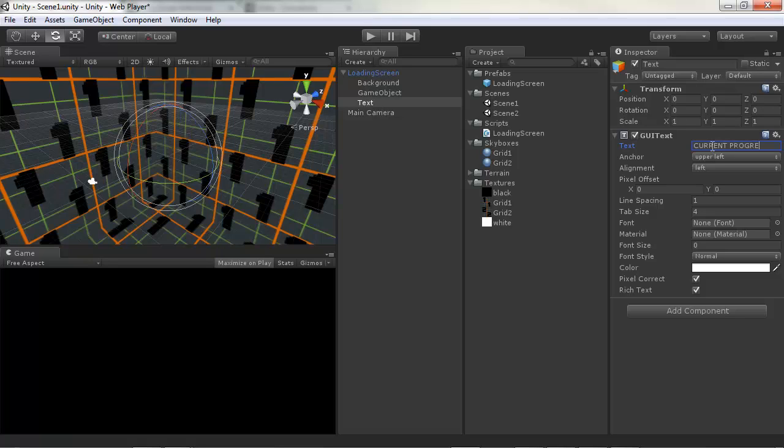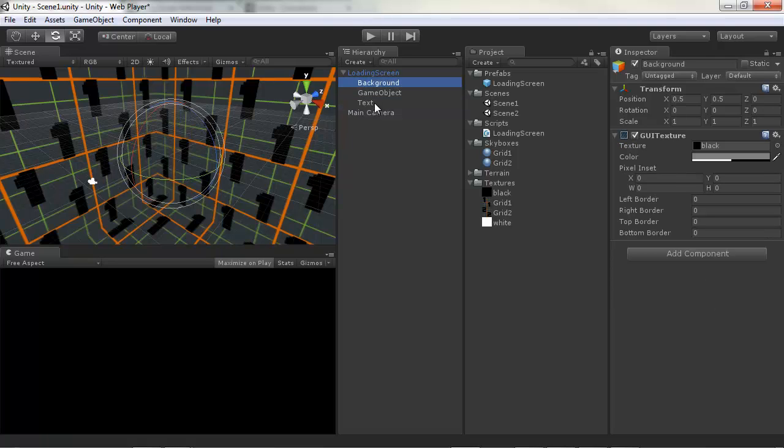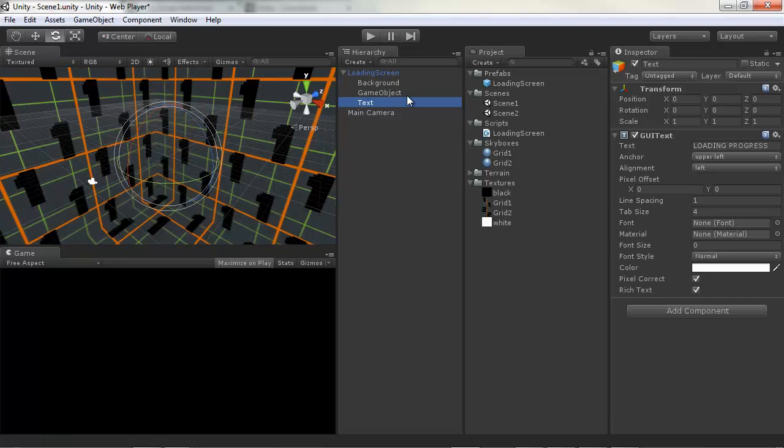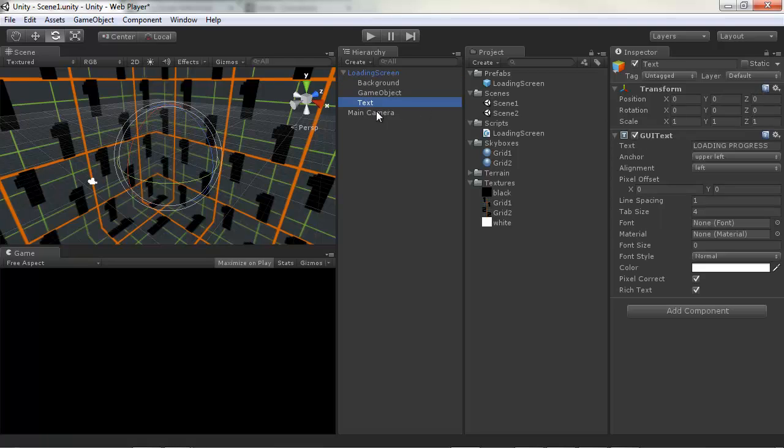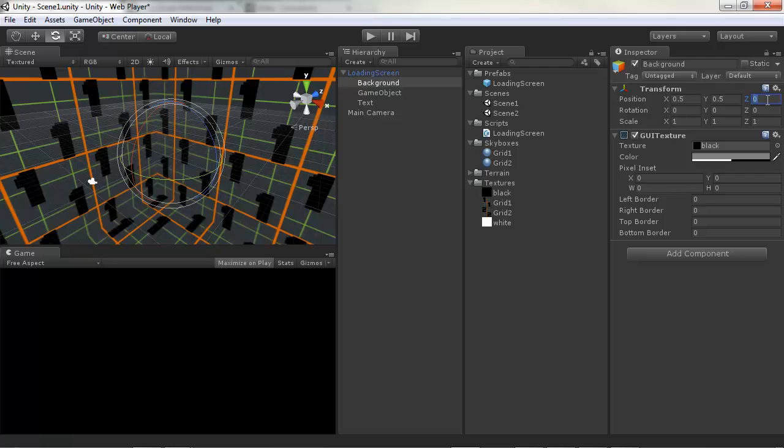Current progress. I guess that should be loading progress. That way, it's just some text so I can see it on screen. But I actually can't see it right now, and that's because the background texture and this GUI text are on the same Z plane, same Z depth. GUI elements, GUI components, actually do have Z positions, whereas they don't have Z scale. So with the background, what I'm actually going to do is back that one space